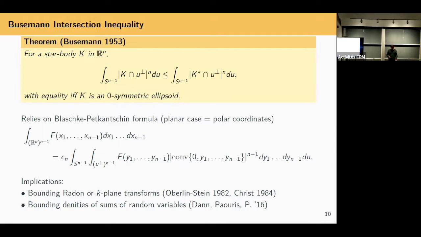This one has actually a more direct link with the Busemann random simplex inequality. So I've written a nice formula here, one consequence of a Blaschke-Petkantschin formula from integral geometry. If you like reading formulas, read the formula. If you don't want to read the formula, you can just think about polar coordinates. If you want to integrate a function on Rn in polar coordinates, you do it radially, fix a direction, which you associate with a ray or a line, right? And then the radial part.